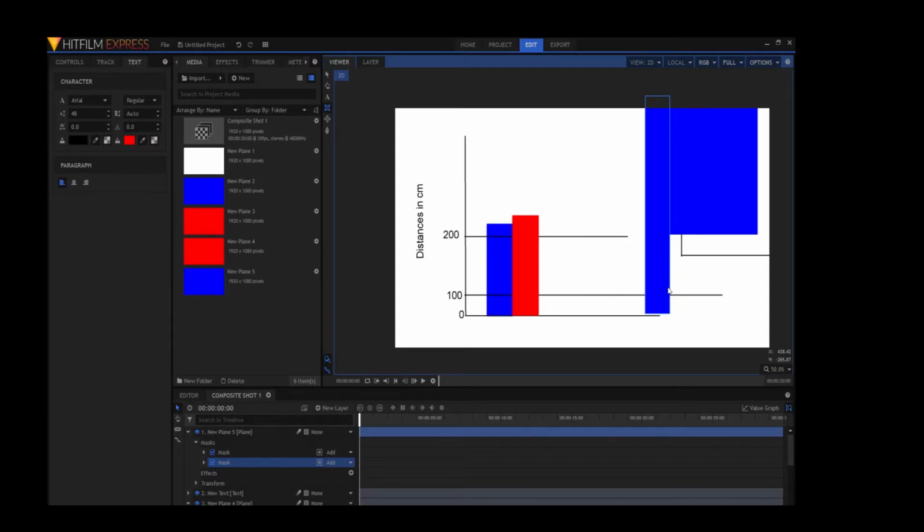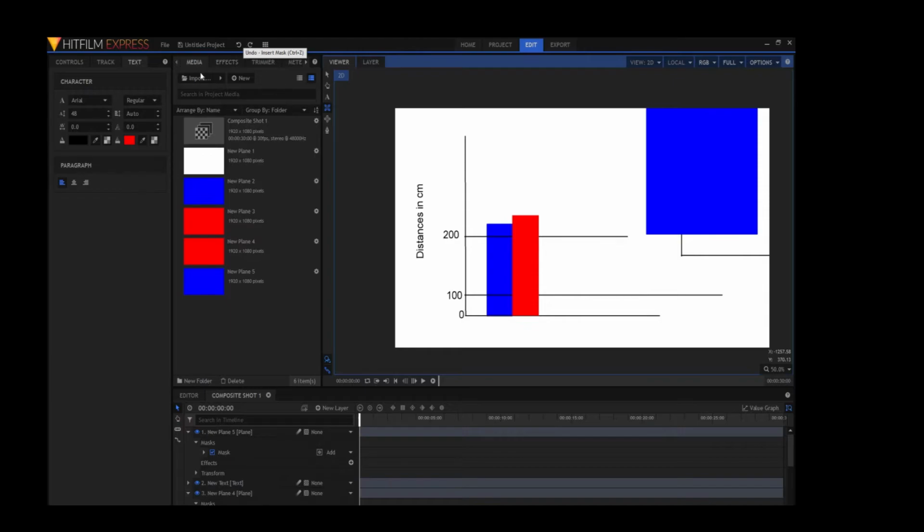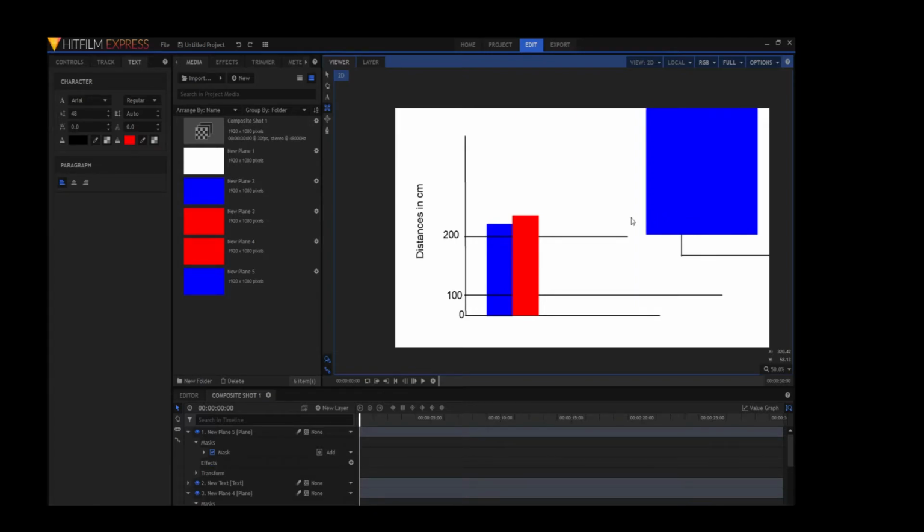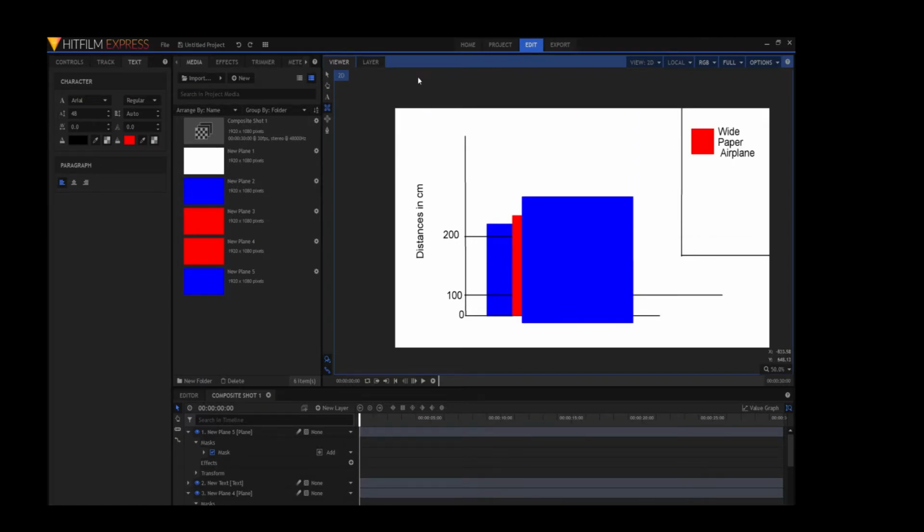So, the way to undo is you either press Control Z, or you can just go up here and click this button. To me, using Control Z is much easier. Say I didn't want that gone. If I press Control Y, that would redo that. So now I set the number of undos to unlimited, which you can do in the settings.